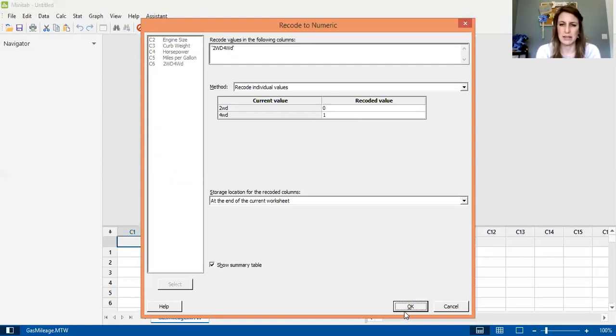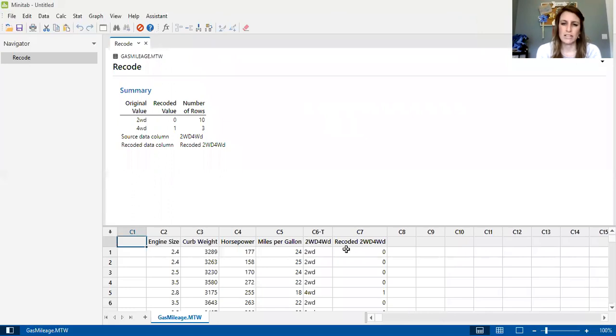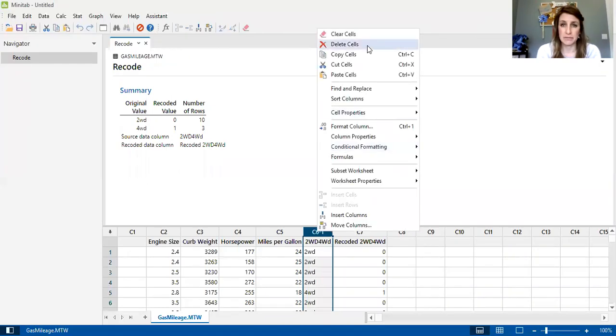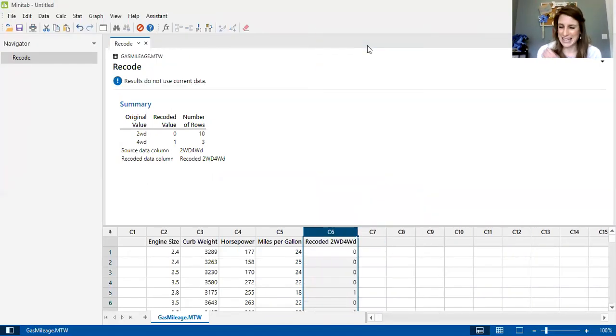It's going to make a new column. It will leave my old column. At this point, you could delete the old column if you want. I'm going to delete it. I don't need it. There we go. And now I just have the dummy variable recoded as zeros and ones in here. Okay, so let's take a look at our matrix